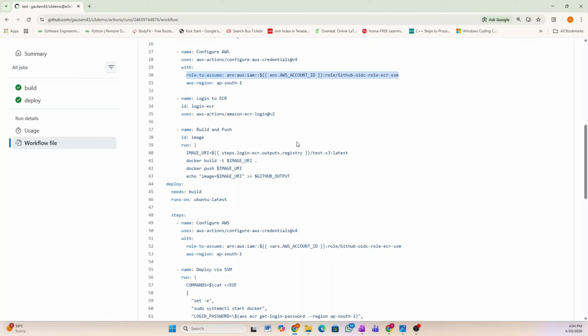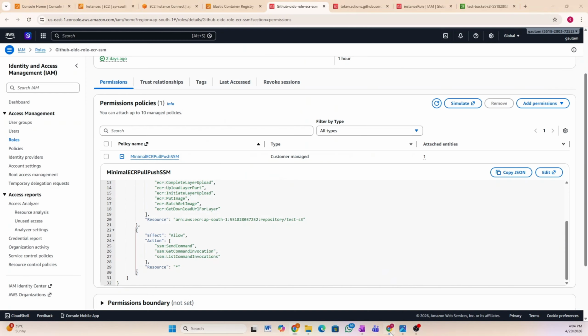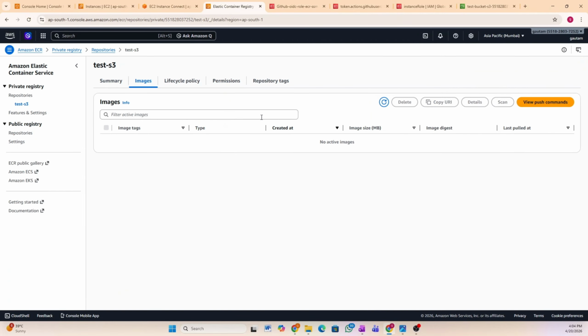Now the build and push, it is getting it from the registry, first the URL of the registry. This is the default URL of the registry, and this is my ECR registry repo name. So if I show you, this is my repo, elastic container registry test s3, which doesn't have any images till now. Okay,